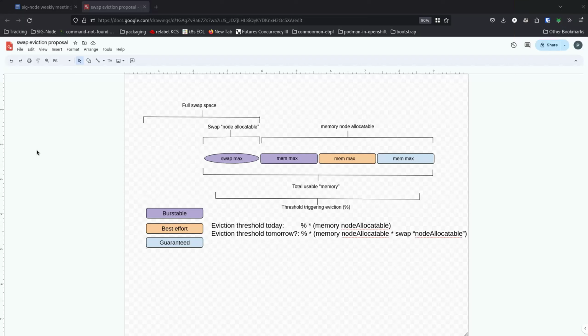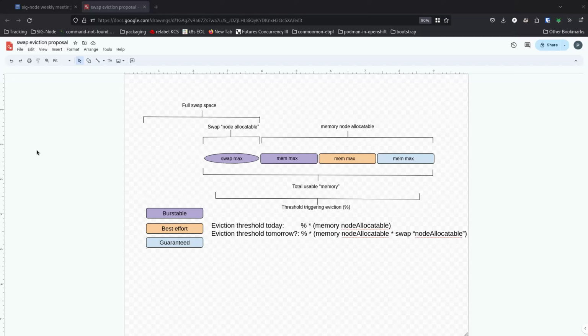Most likely the swap signal will be prioritized, logically, I think. Because once you evict, it prevents the node from getting into a system OOM, mostly from a node stability perspective. And when we consider those kinds of things, we need to consider